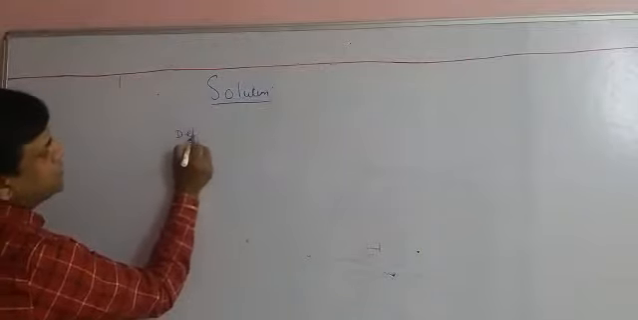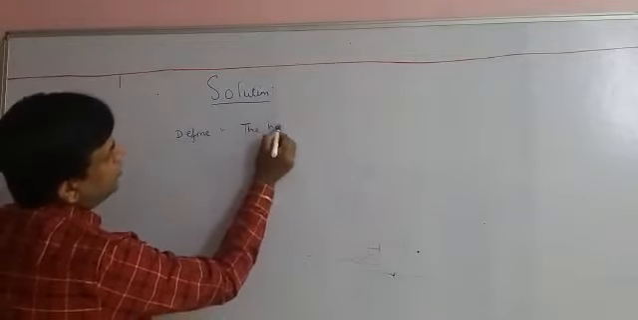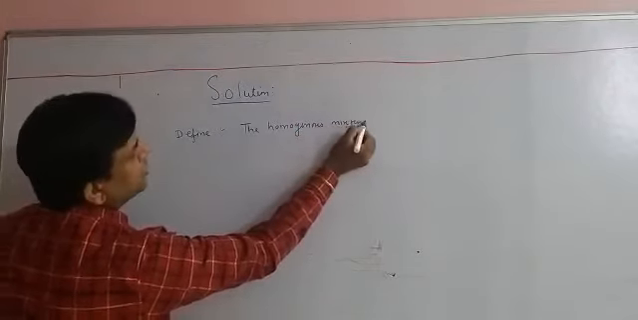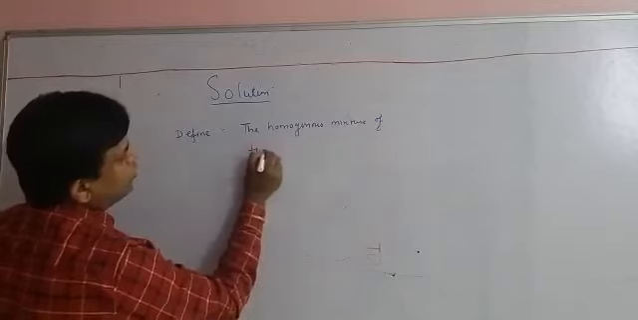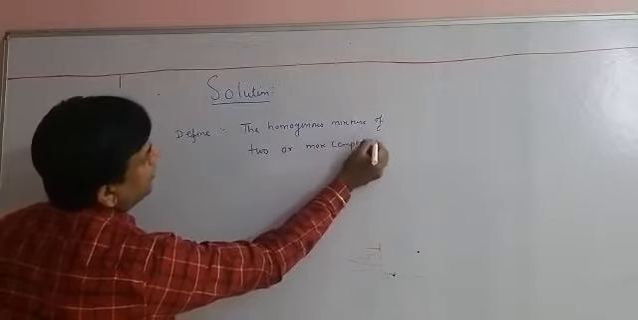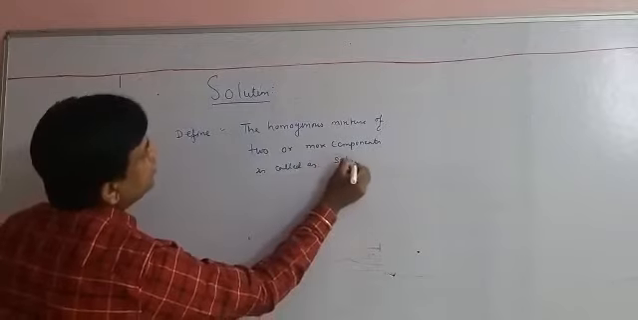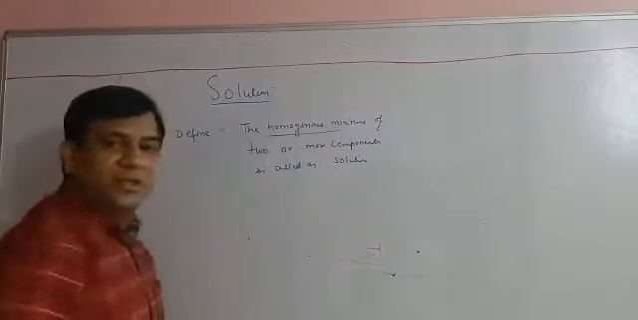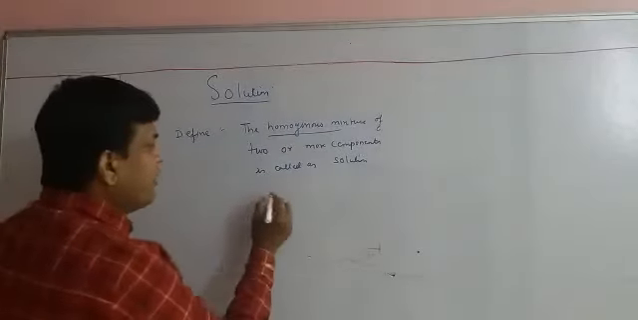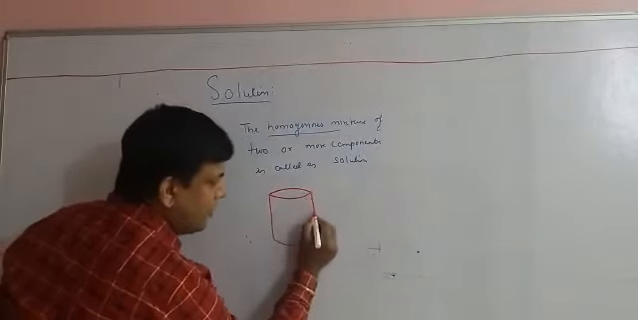If we are going to define the term solution, it means the homogeneous mixture of two or more components is called a solution. Here the term homogeneous mixture means what? Homogeneous mixture means when we are mixing the two components, then after mixing them, it is not possible to